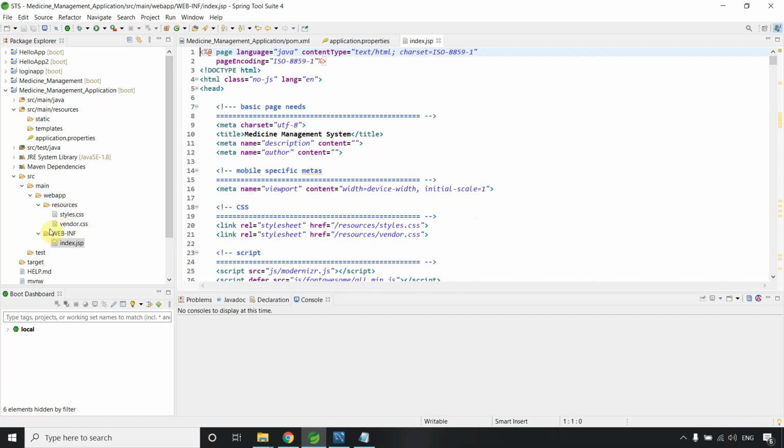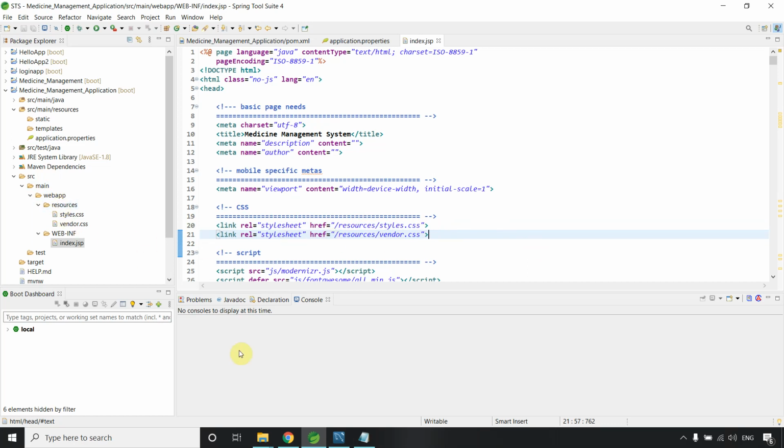If you can see here, I mentioned the path with just a slash, because the directory from our src main webapp is denoted by this slash. So you have to mention resources and style.css. Okay, now we are done with everything here.